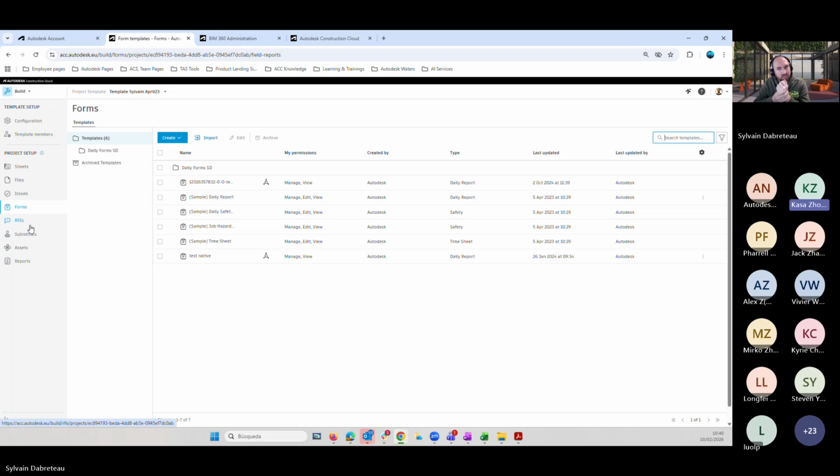Yeah, that's clear. But one follow up for this question. So who is going to create all the templates in the library? The best is to centralize, but that's for the future.